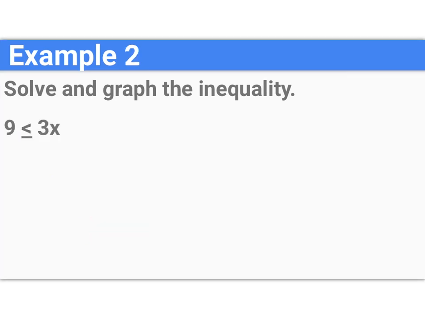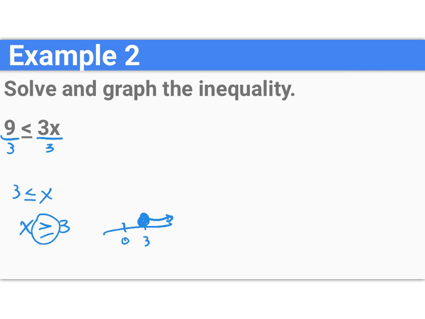Okay, so the 3 is multiplying to the x, so we have to do the opposite, which is divide. So 9 divided by 3 is less than or equal to x. We're going to flip everything around so we can graph it. When you graph, please keep your variable on the left. If you keep your variable on the left, the inequality will match the